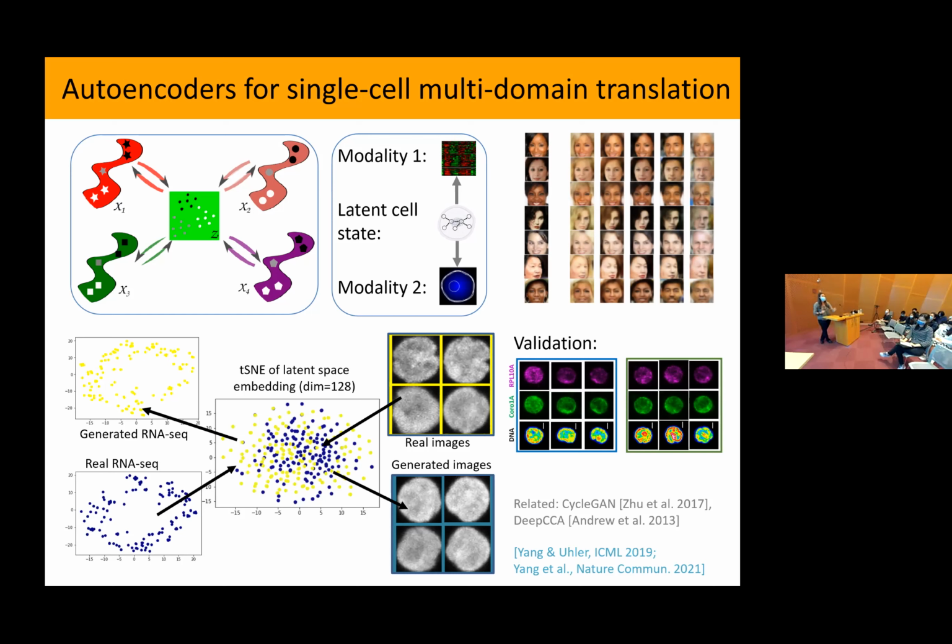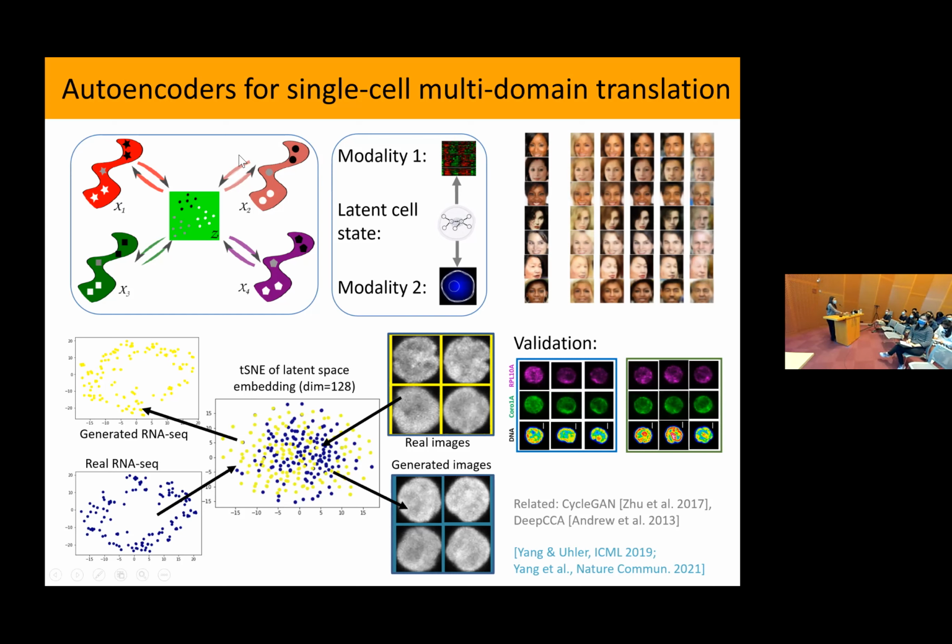So I'll just discriminate. I want the two distributions to be the same in the latent space, whether I came from imaging land or from sequencing land. So that's how we do it here, to find a joint embedding of images and sequences. And of course, once you have that, once you have an autoencoder, this can be done for any number